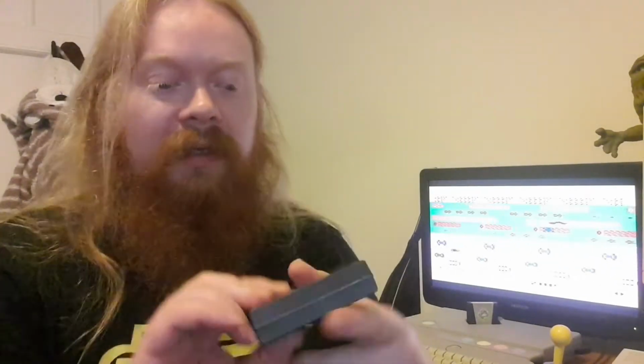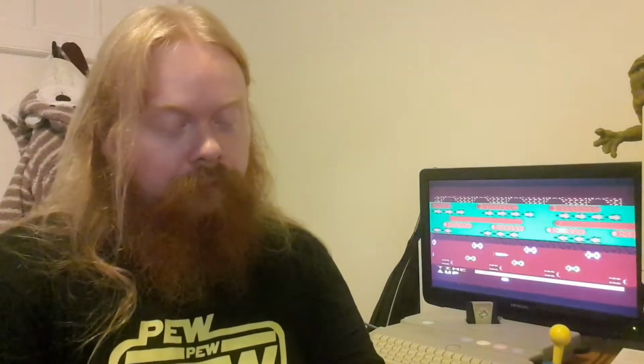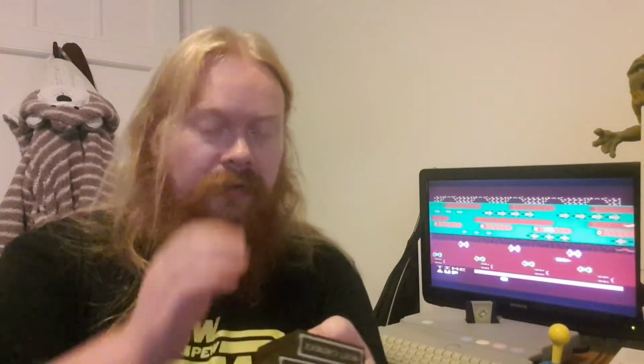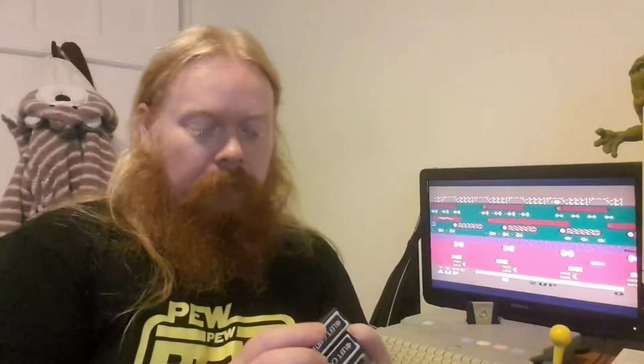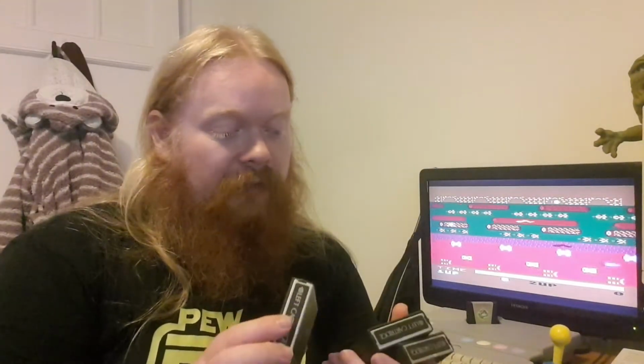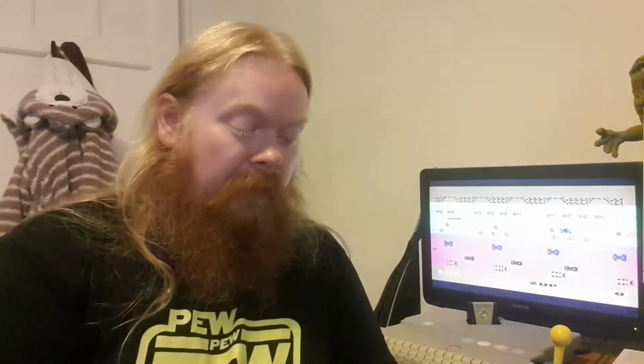These are really solid, and it's even got a full metal back plate. Every single Atari one has. And they're getting really hard to track down and find. Because it's very popular in America, the Atari 8-bit range. But over in this country, I'm really struggling to find anyone that sells games for it. But while saying that, let's have a quick flick through of what games I do actually have. I've got